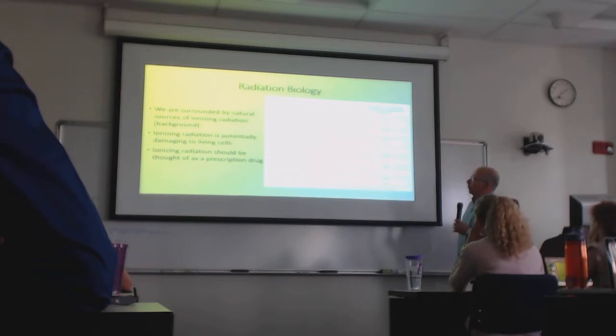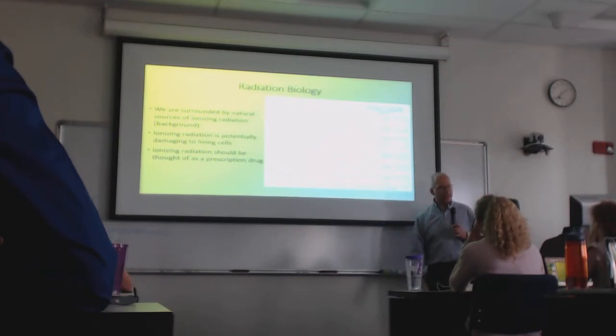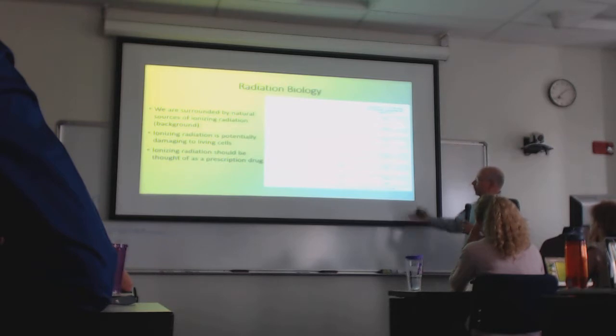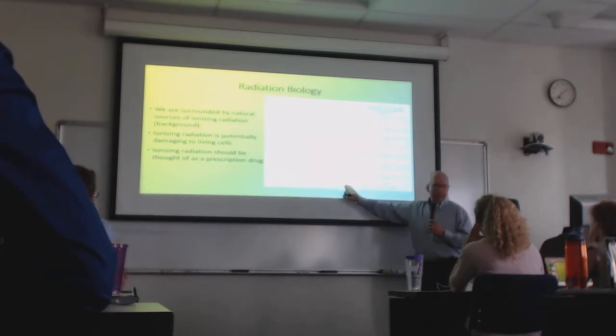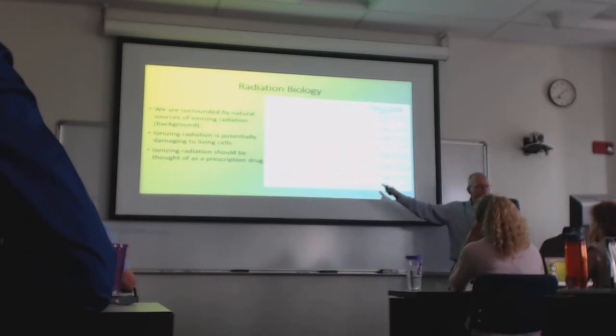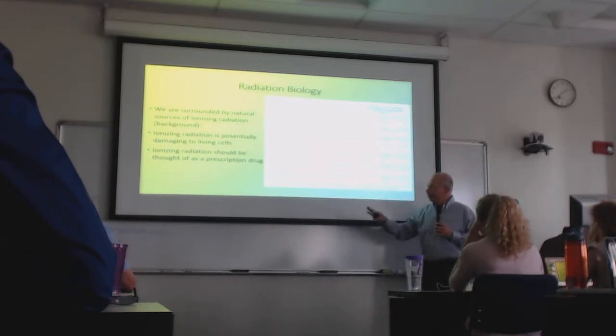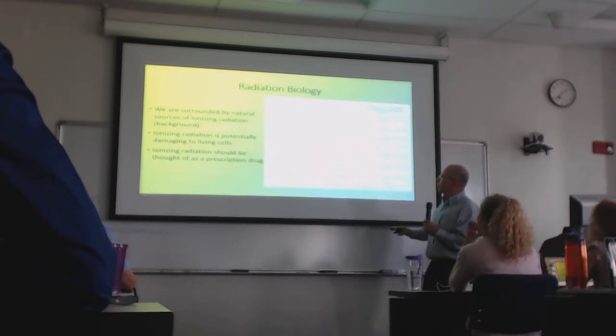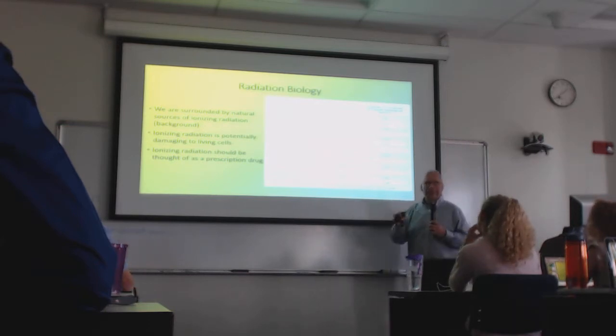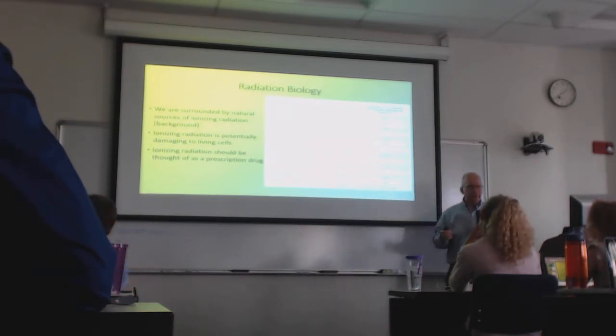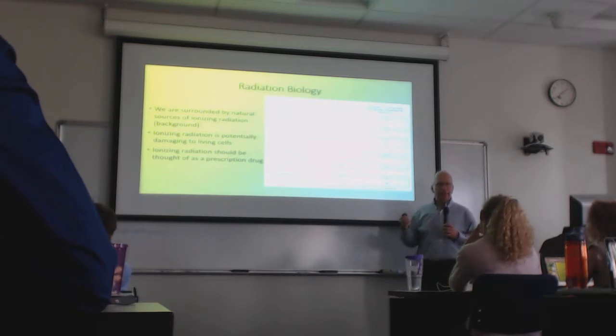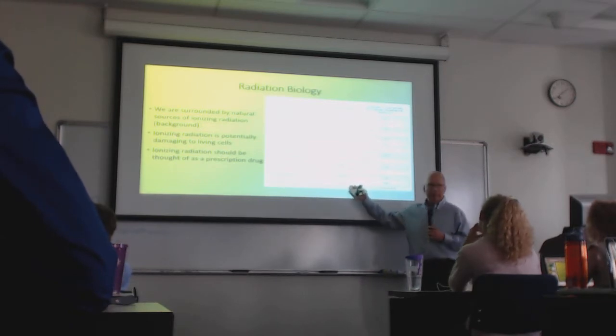So if you were to try to weigh what is my radiation dose relative to natural background radiation for a number of different kinds of studies, this is a nice way to look at it. This chart talks about dosing in what's called millisieverts, mSv. Don't worry about it. I'm not going to ask you about millisieverts. There are several different units that people talk about radiation dose in. This tends to be the most common one now.